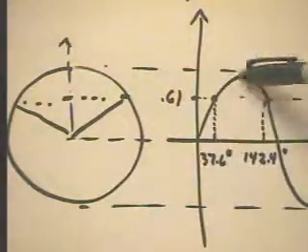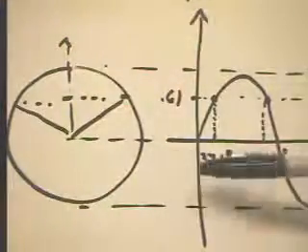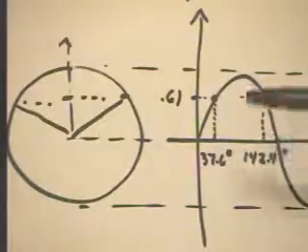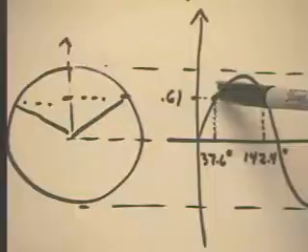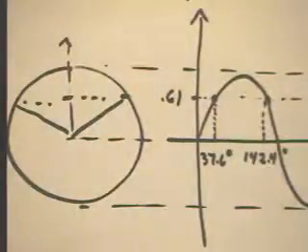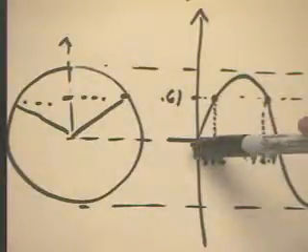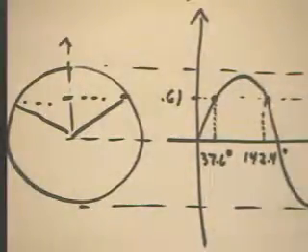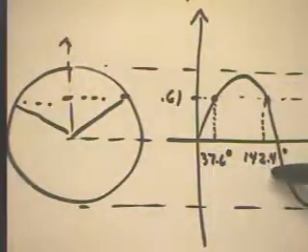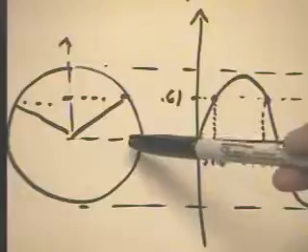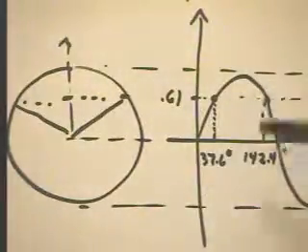If we look at the graph that's constructed by imagining that we move around the reference circle and follow the y-coordinate as we move along the theta axis here, we see that the point where the y equals 0.61 line crosses the graph, the first point is going to be 37.6 degrees. Theta equals 37.6 degrees. The second point is at theta equals 142.4 degrees, corresponding to this position and then to this position on the reference